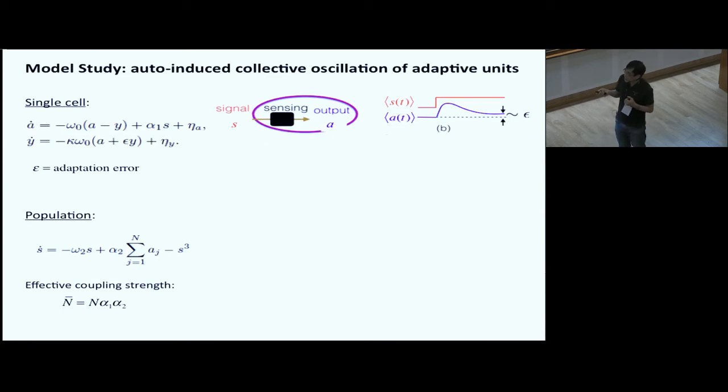Here we include a cubic term. It's not necessary for explaining the oscillation, but important for explaining what happens after the instability takes place. If you adopt this set of equations, then you can see that there's an effective coupling strength,